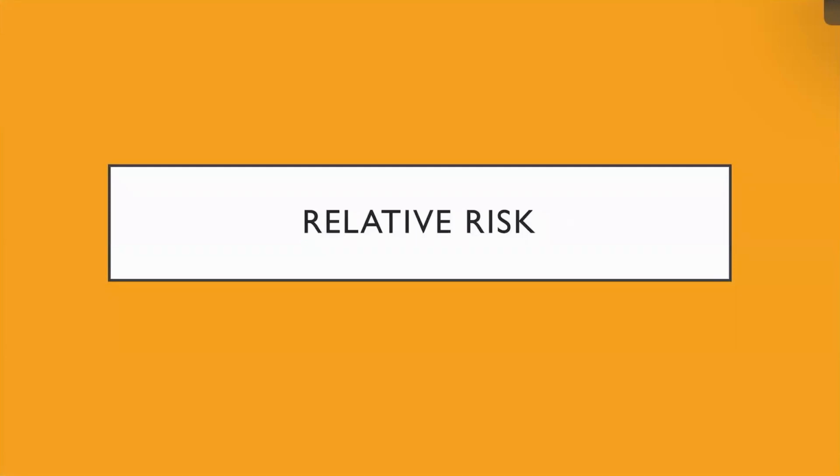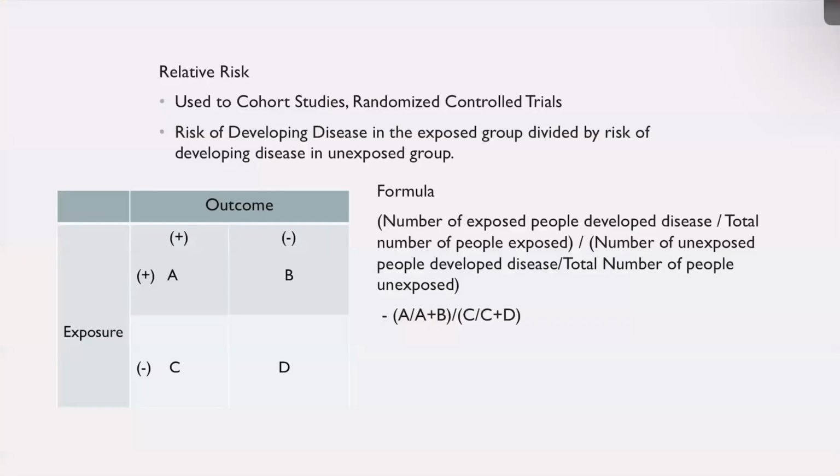Now we talk about relative risk. As I said before, cohort studies, the penultimate letter is again R. So relative risk will be used in cohort studies. Also remember that randomized controlled trials also use relative risk. Okay. So what is the relative risk? It is the risk of developing disease in the exposed group divided by the risk of developing disease in the unexposed